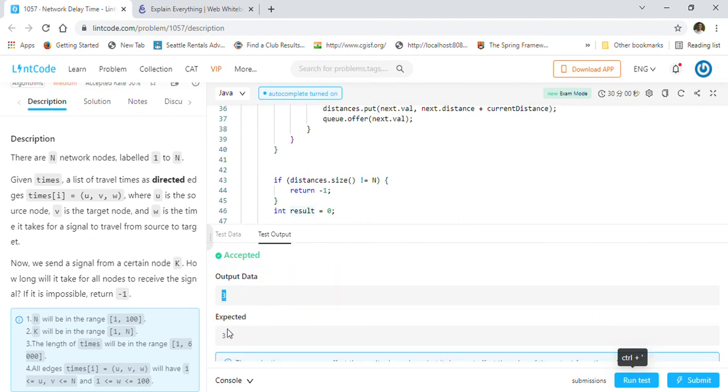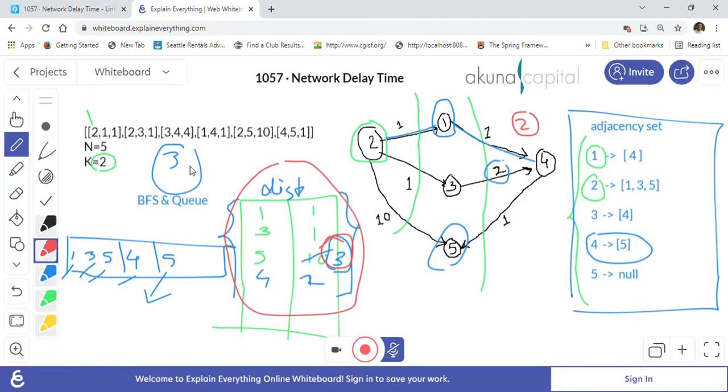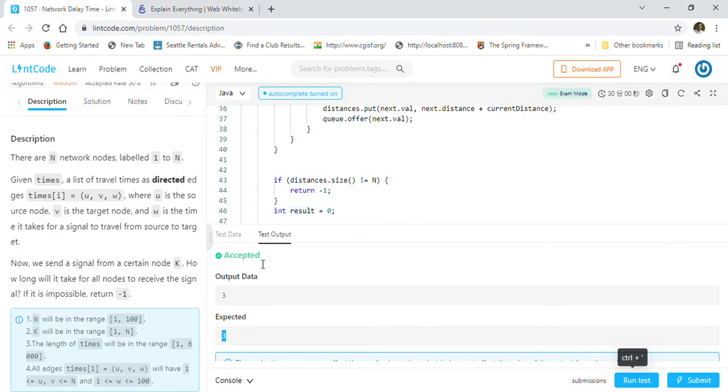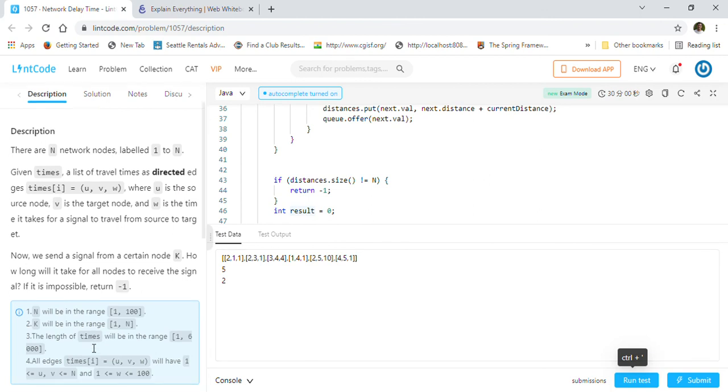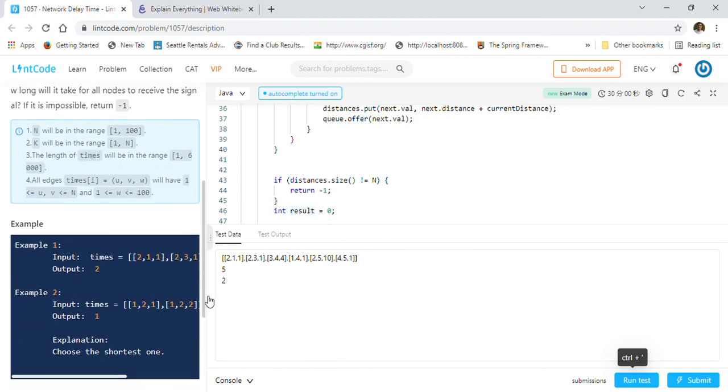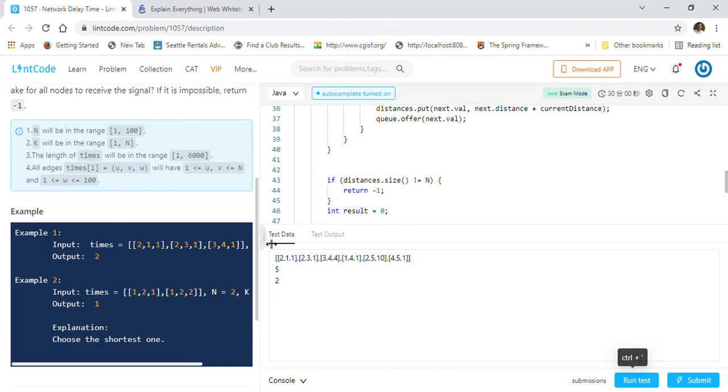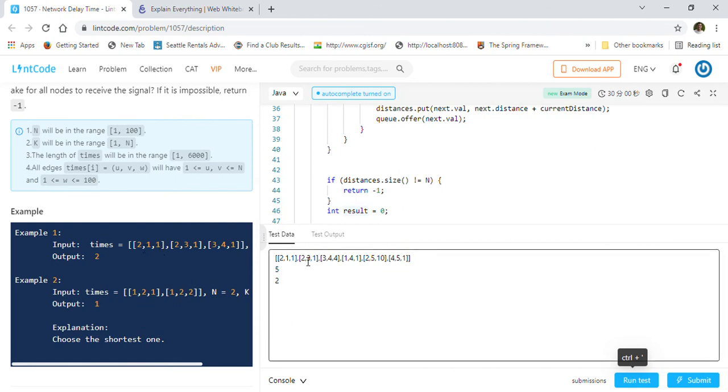As you can see, we are getting the correct output 3 that we had seen here, right? So we are getting the correct output for this question. Also we can try the example that they had given us here. So 2 1 1, I will just modify it: 2 3 1 and then 3 4 1, right?